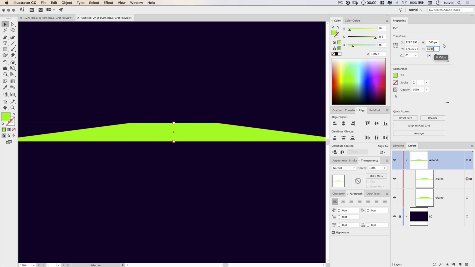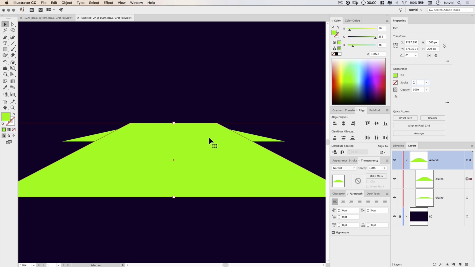We're off to a great start here. And then for the height, I'm going to set this to maybe like 200. You can see it pushes the triangle out just like this. Now, I want to be able to see this triangle against the sort of triangular shape we created before. So let's just give this literally any other color.